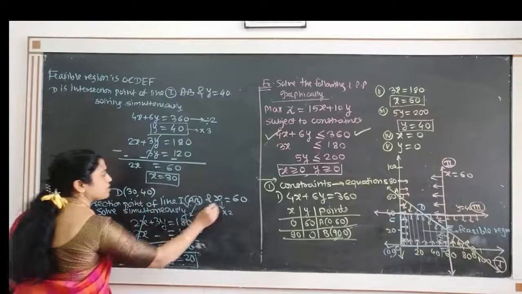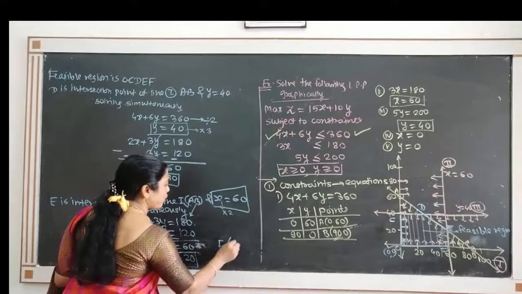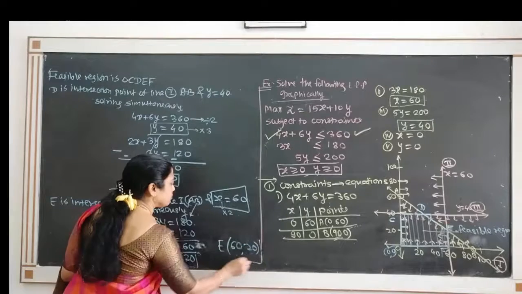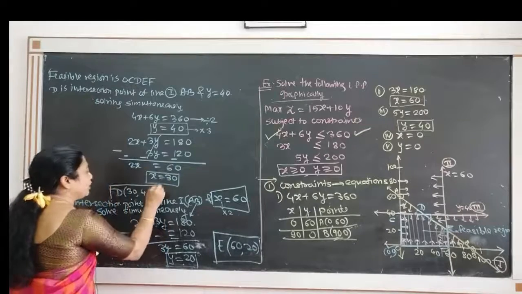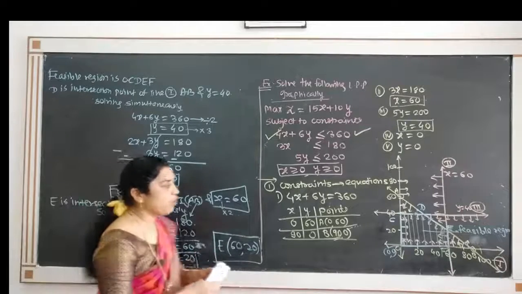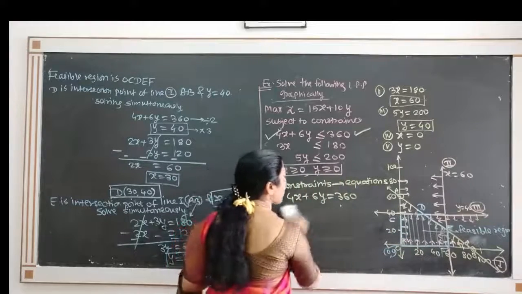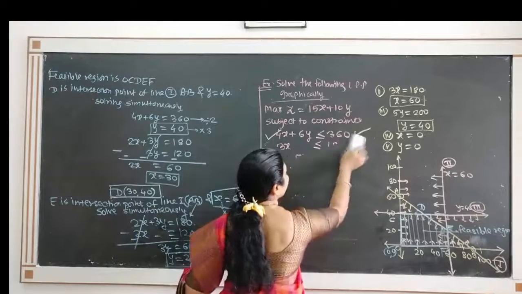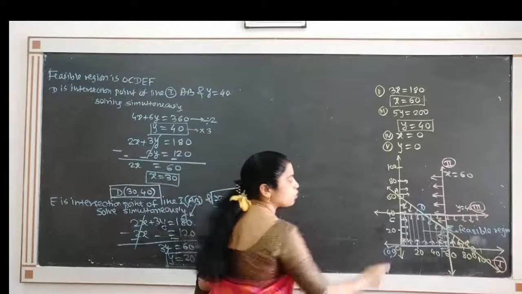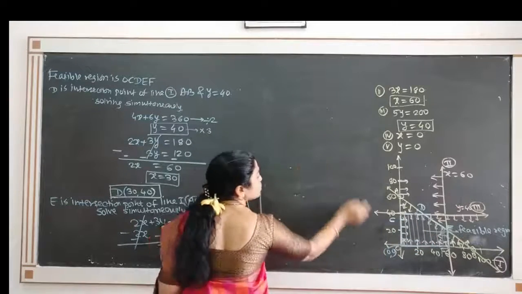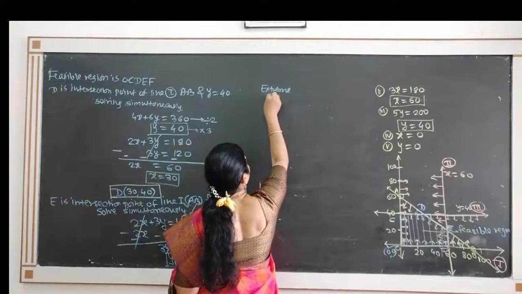Y is 20 and x is 60, so we get the point, that is E point, and E point comes to be 60, 20. So we get D point, we know E point, and all the other points which are extreme points of the feasible region are known. So according to the convex polygon theorem, we want to determine the value of the objective function only at these corner points. So consider the corner points. So these are the extreme points or corner points,